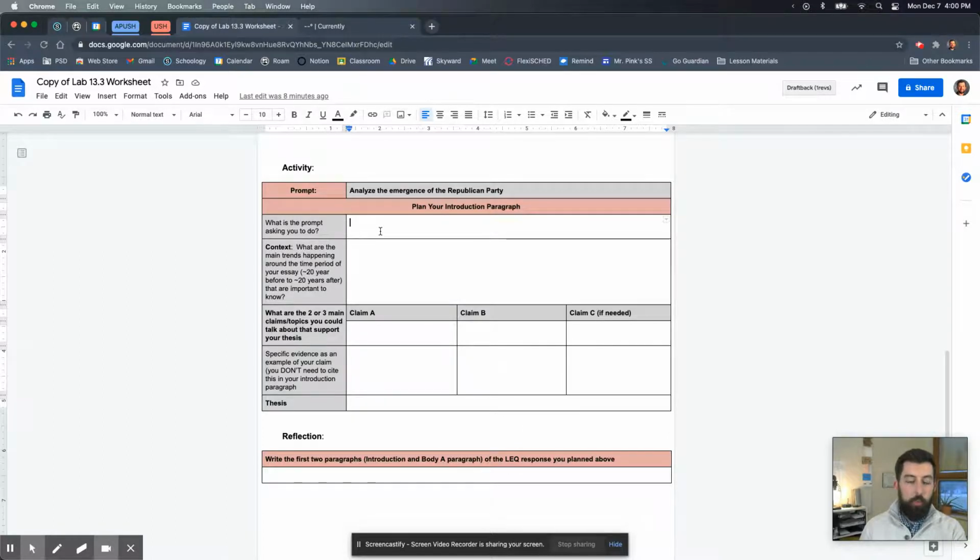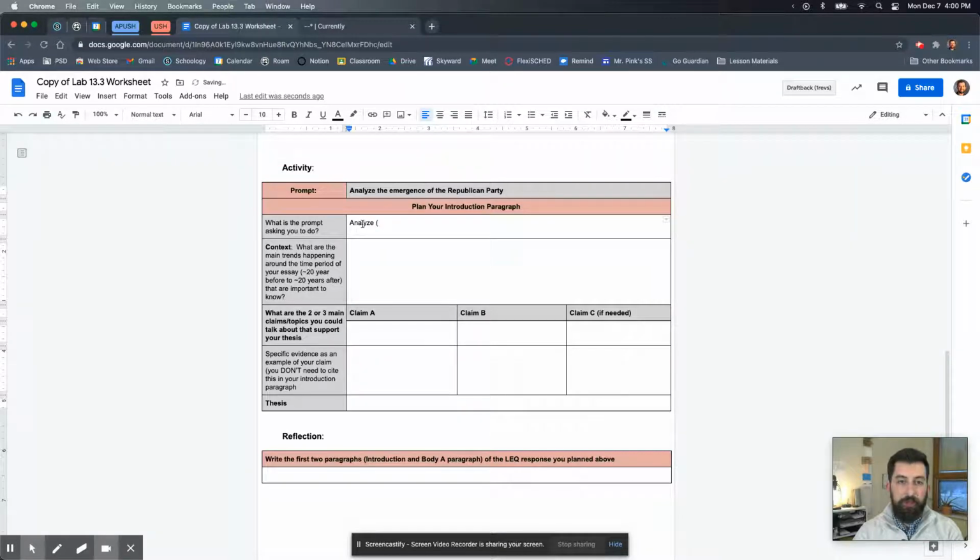So what is the prompt asking me to do? Well, the operative word here is analyze. That's the critical thinking task that this prompt wants me to do. Analyze is a pretty broad prompt. Analyze is basically a catch-all term for applying some sort of historical critical thinking to this theme or event. So analyze,